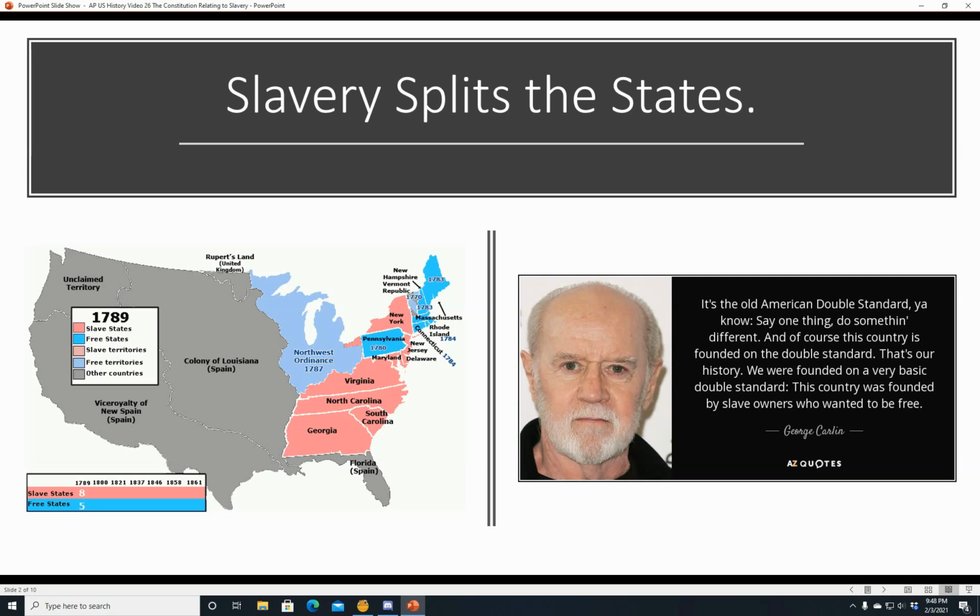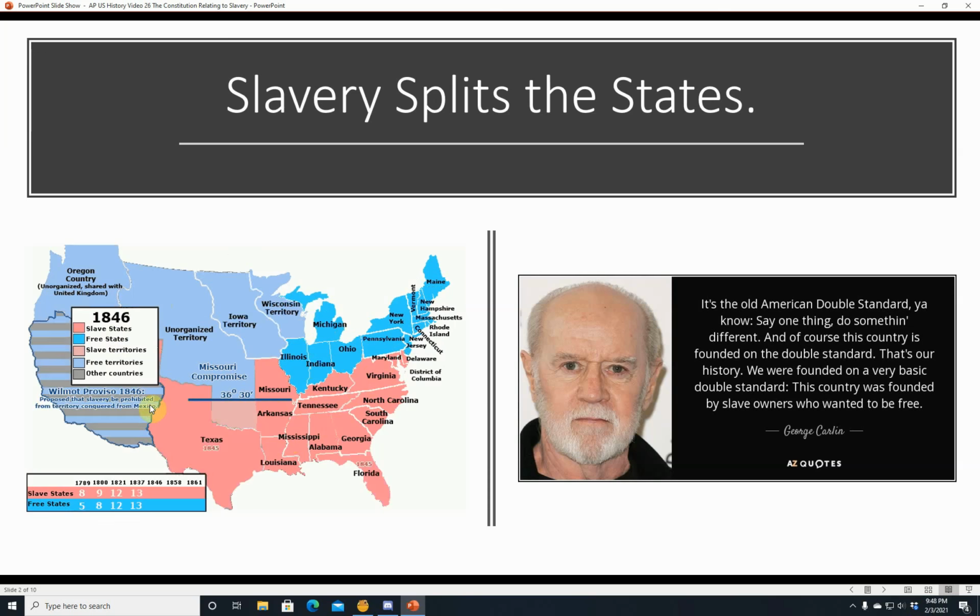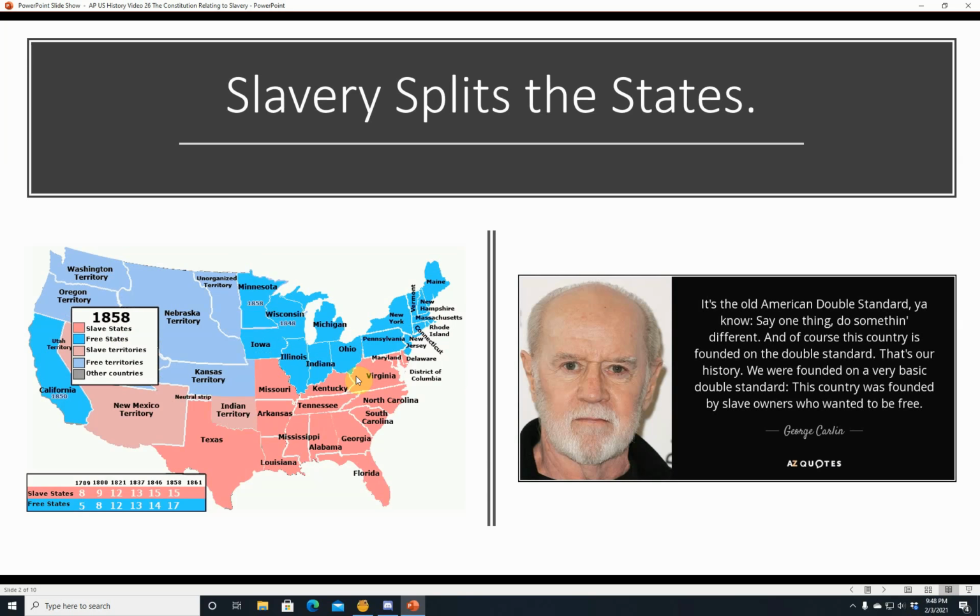Anyway, let's get started. Slavery splits the states. In 1789, when the Constitution was ratified, there were a few free states and many slave states. And you can see more and more free states, free territories, a few more slave territories. But mostly, you can see in 1846, as things spread, freedom spread generally to more states and territories than slavery did. Slavery, even before the Constitution was ratified, was a very divisive issue, and it was reflected in the Constitution